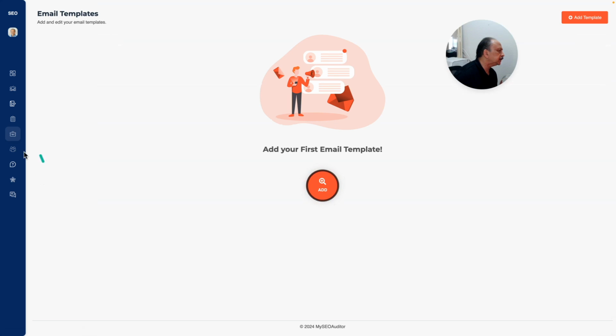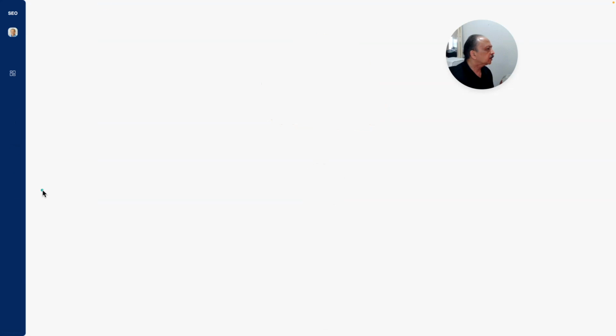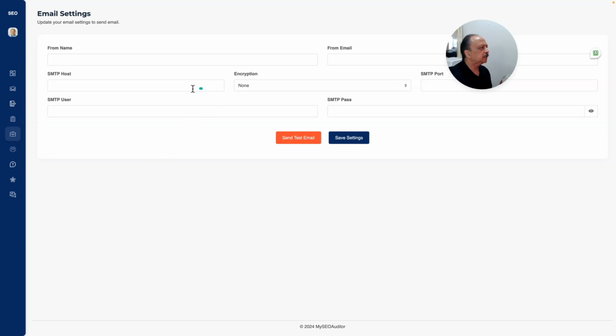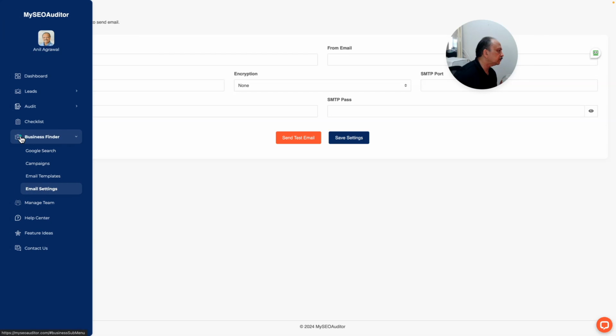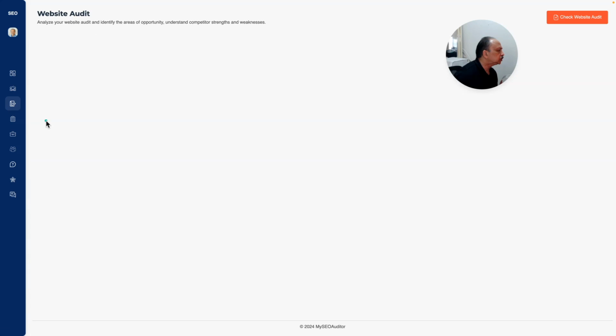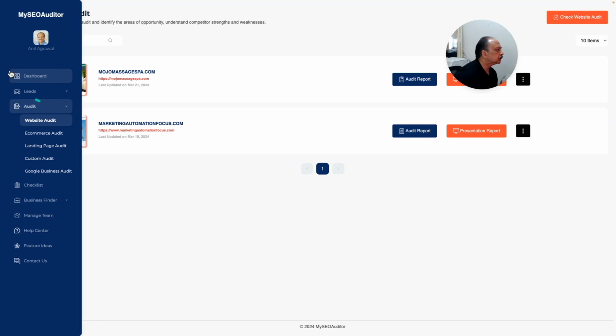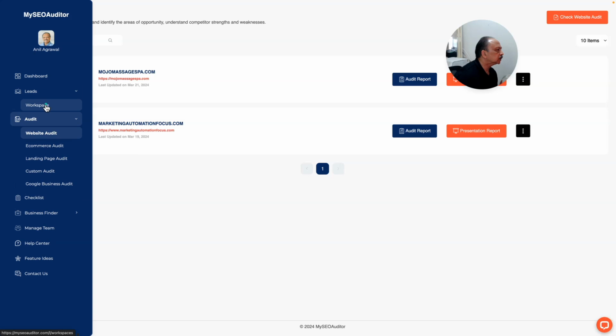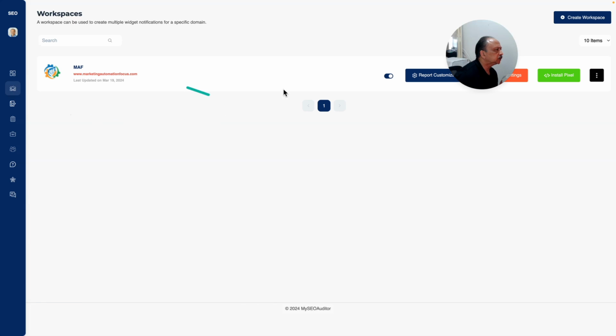So I have not created email templates, but just to show you. Email settings, if you have the SMTP type email, I still need to play around with that to make sure that if you want to customize and send emails using your own SMTP server, you can put in your information. So that's pretty much it, I think. Let me go to the last thing to show you. Actually, let's go to the workspace, leads, workspace, and go to,